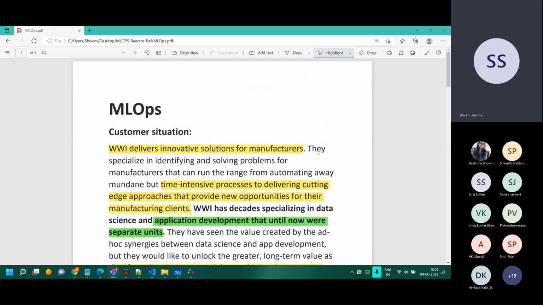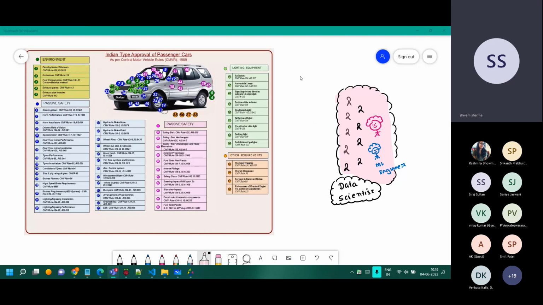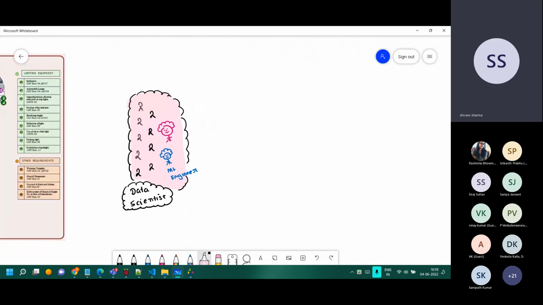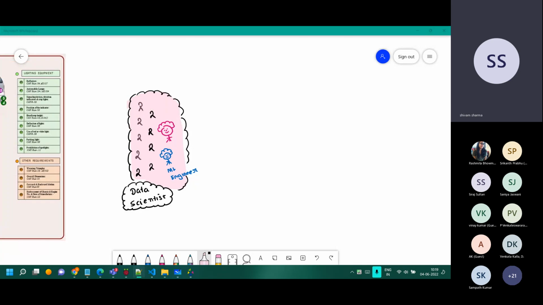I hope the problem statement is clear, that the company is looking for the MLOps pipeline for deployment of their models in production. They want to see how it's done, the process of it, all the details of it. And this time, the first thing they are starting with is NLP for text classification, based on the specification of the vehicles document. Okay, so now keeping that in mind, let's get started, right?